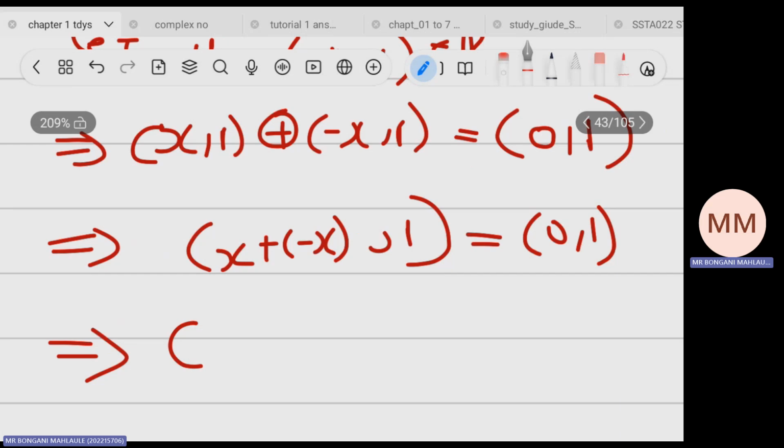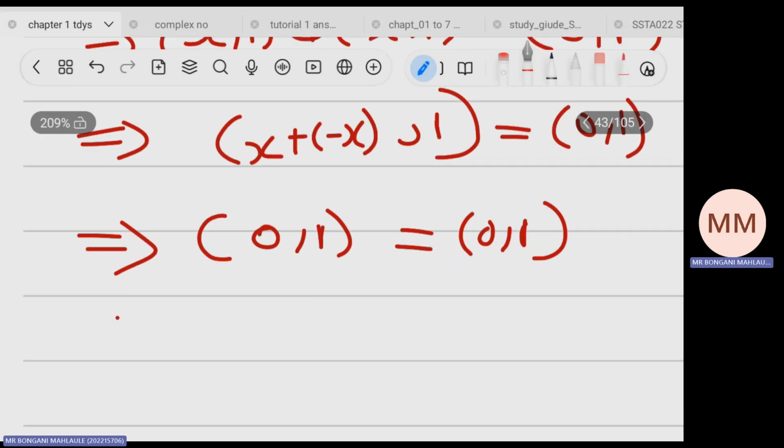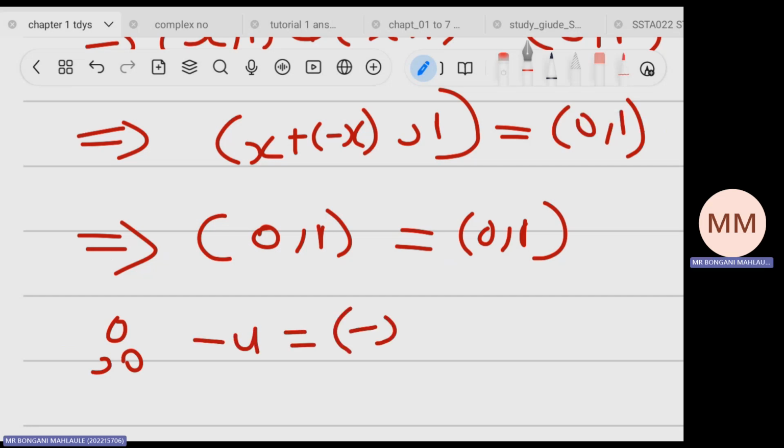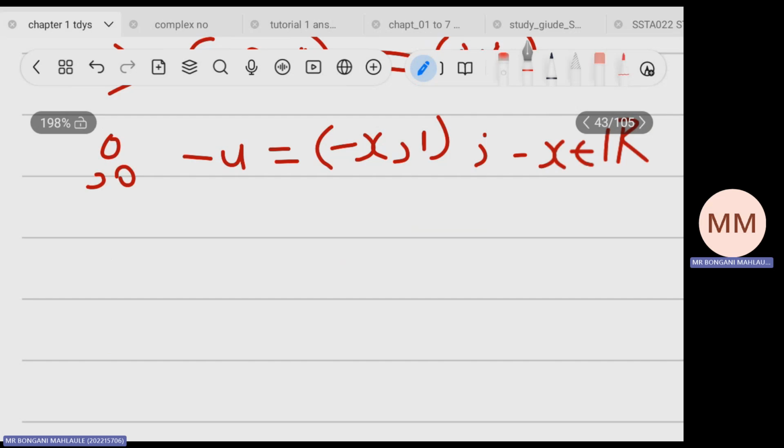So this will imply that I have what? This will give us 0 and 1 is equal to 0 and 1. So we can now conclude, therefore, negative u is equal to negative x and 1. Negative x is an element of real numbers. Then we come to, can check which property. Let me see. We can check, okay, we can check